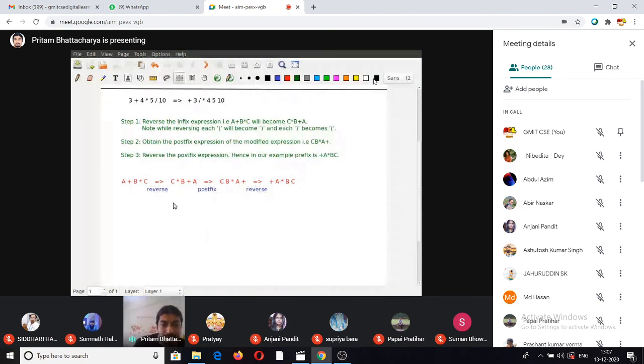And that is how you go from infix to prefix. So this step you already know how to go from the infix to the corresponding postfix. So basically, as I said, I am using this as an intermediate step. You reverse the original infix, you compute the postfix corresponding to the reversed infix, and then the postfix expression that you get, you reverse that, and this actually gives you the prefix expression. Okay.